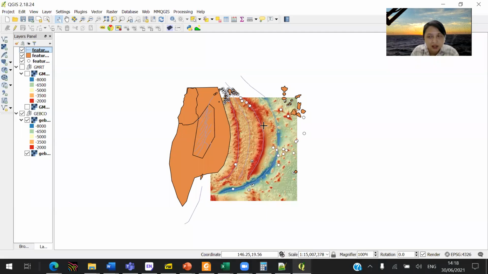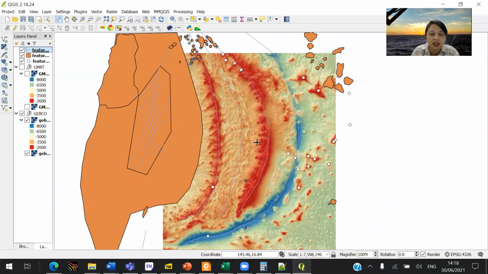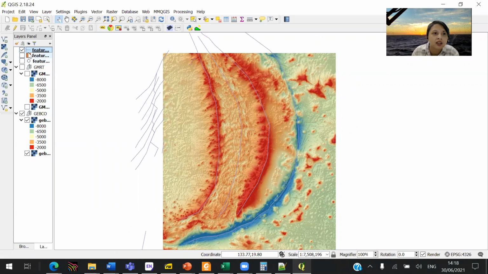Okay, this is where we left it last time. Now we are going to make this more informational. Okay, so we want information. So the first thing that we are interested in is the line features. Okay, so for the line features, we can again double click in there,